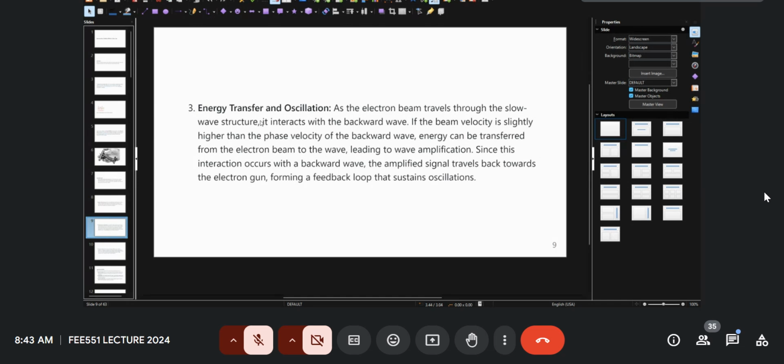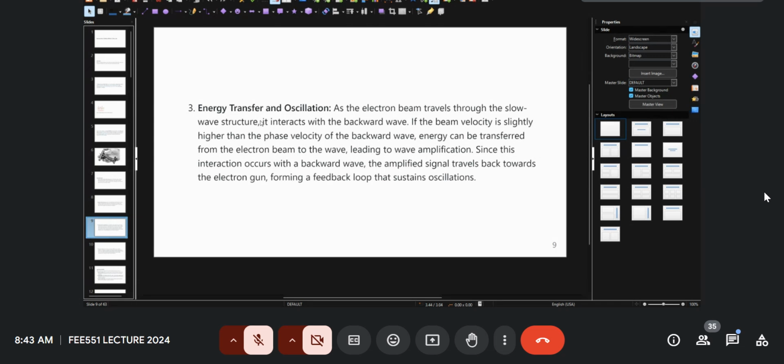Since this interaction occurs with a backward wave, the amplified signal travels back towards the electron gun, forming a feedback loop